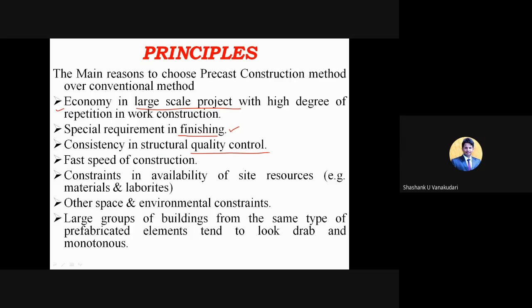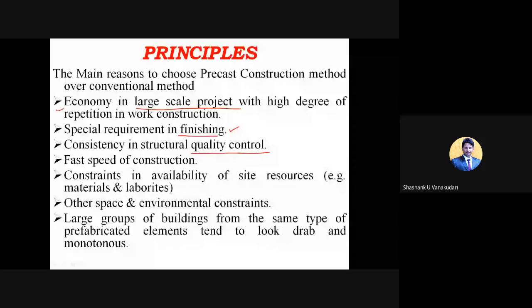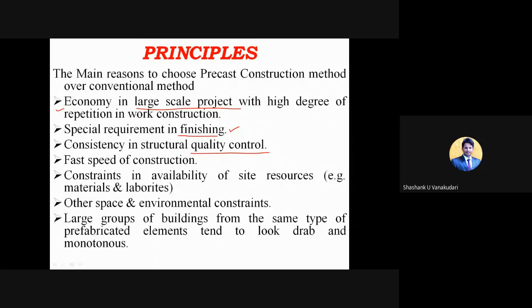Whereas in the conventional method, a site engineer will come and just instruct the people like masons and other workers to construct so and so things, and he can't oversee the process from start till end, right? So that time we cannot maintain 100% quality in the conventional method. Like that, so many other examples are there. So with respect to quality aspects, we can maintain better quality in a prefabrication system over the conventional method.